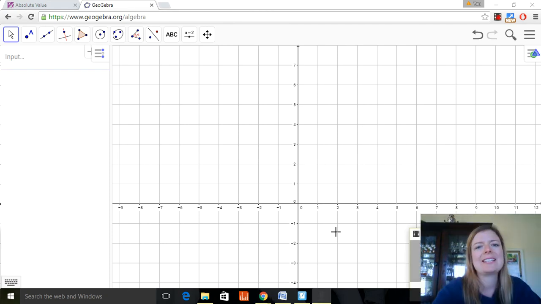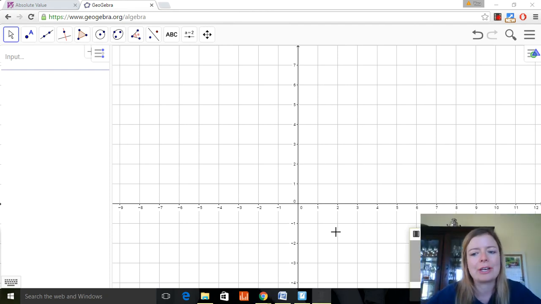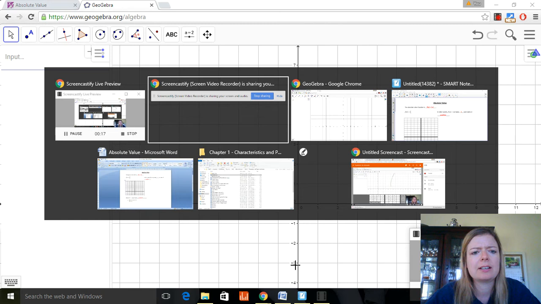Hi everybody, this is your note on absolute value. It's just a short one-page note explaining what an absolute value actually is and as well what its function looks like. So if we get to the note here,